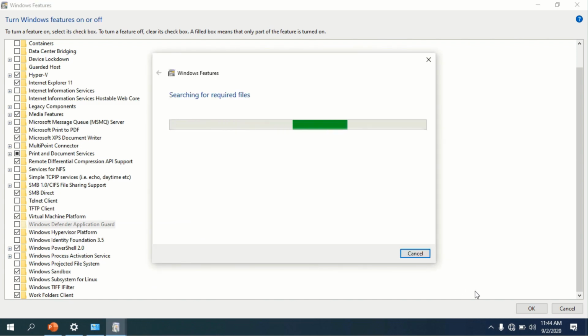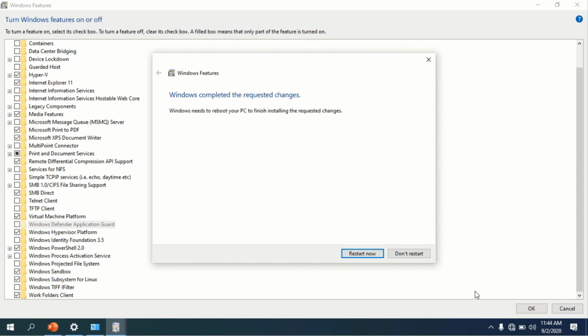It will take some time to search the required files to enable these two features, and once the searching is done, the wizard will show you the changes being applied. Next, when the installation is done, the wizard will ask you to restart your computer.